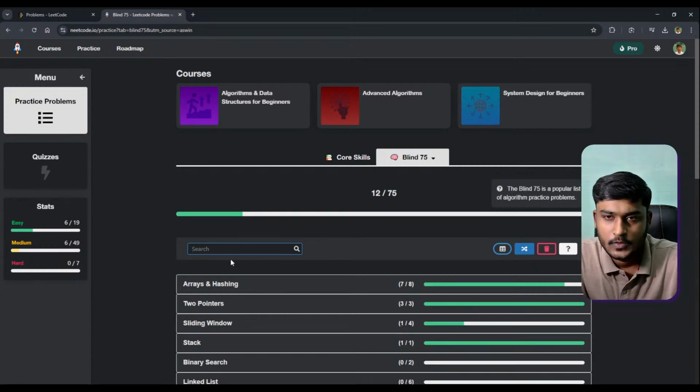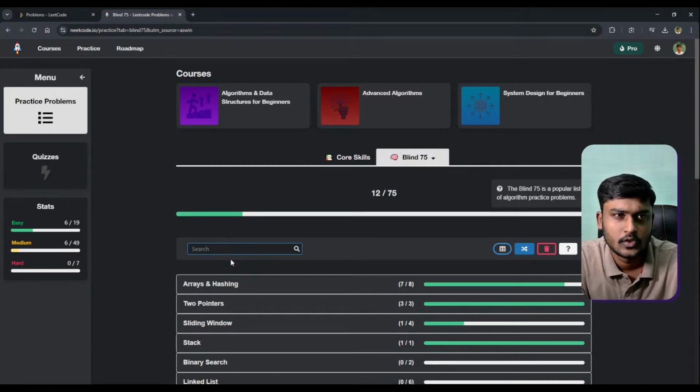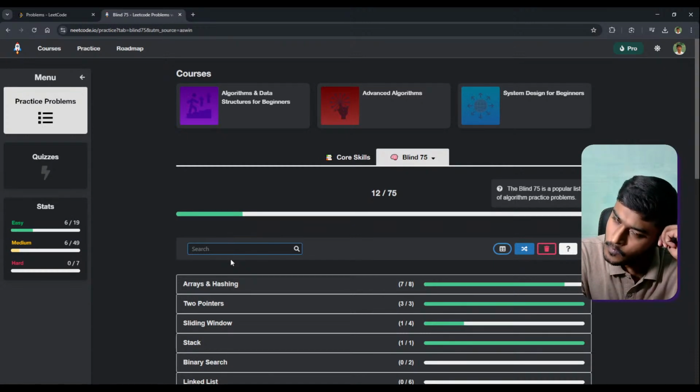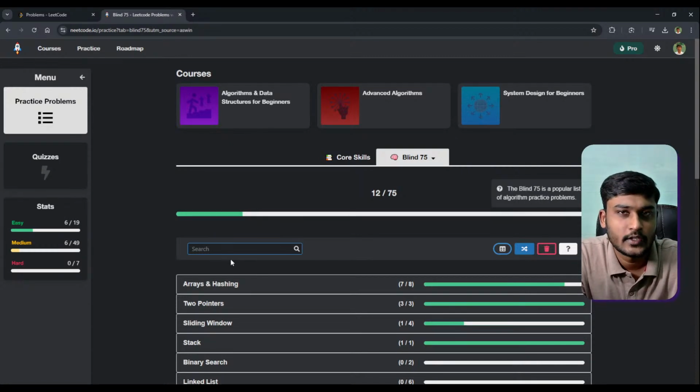Just trying to solve problems. It's been a long time since I've been seriously solving problems on LeetCode. So I thought, hey, let's do this with an audience.